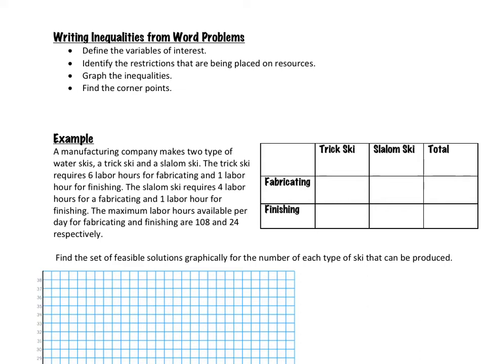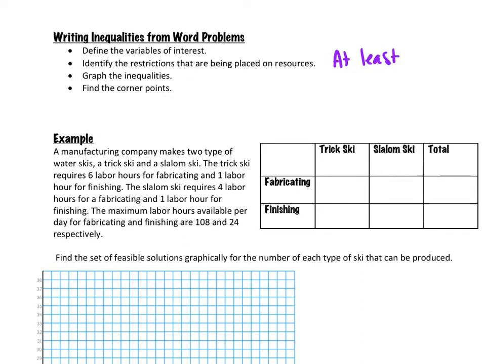So what we're going to do now that we can actually graph these equations, we're going to create the equation from word problems. Because linear programming itself is a real life application of the math that you're learning right now. To do a word problem, we're going to define the variables. Generally, you have two variables because we're talking in two dimensions. Identify the restrictions, and the restrictions are going to be the equations that you're creating. And so when we start doing that, we're going to look for words like at least,